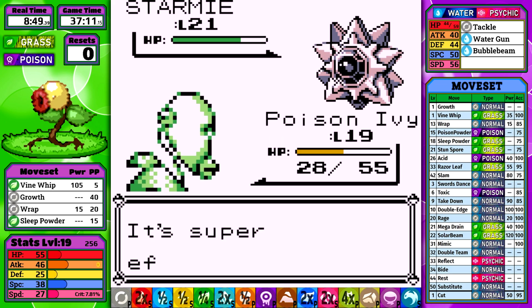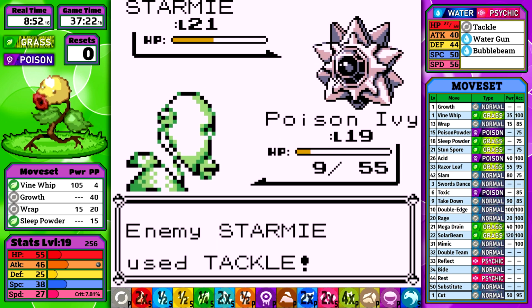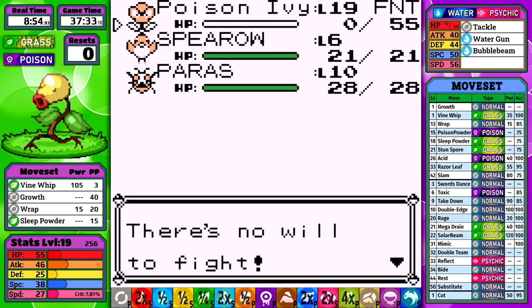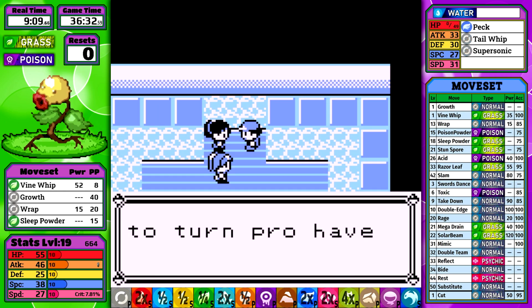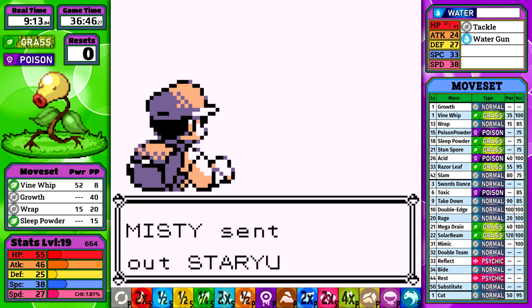Then Starmie hits for massive damage with a critical hit Tackle, followed by using some more Vine Whips. But she is able to eventually overpower us and take us out. Now, that first attempt was very brazen. Well, this time we're going to play a little bit smarter and we're going to go ahead and use Sleep